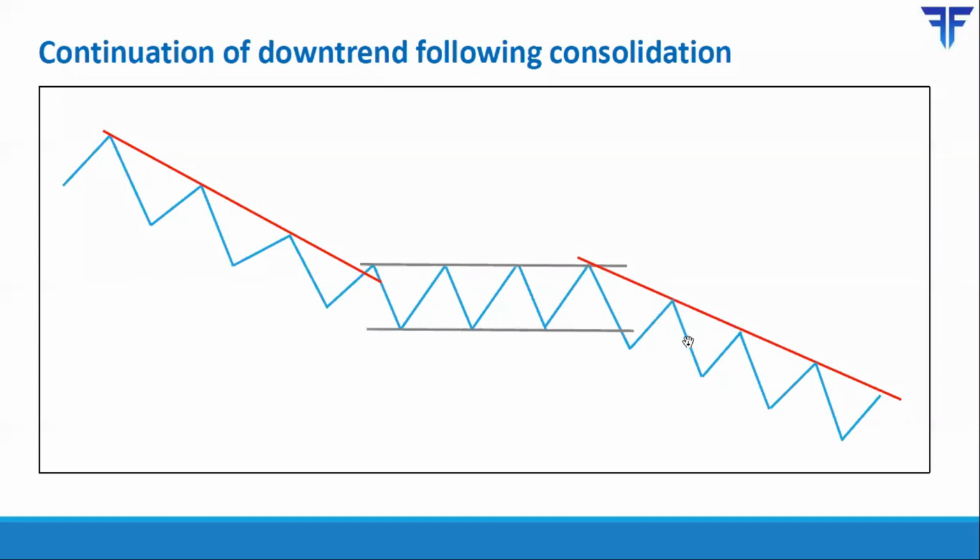From there, it started correcting lower again, and this time it again broke below its previous low. So for a second consecutive time, you have a lower low in place. That tells you that the downtrend has resumed. So the moment a low is broken for a second consecutive time, you have confirmation that the prior downtrend has resumed. Following this decline, there was lateral band trading wherein price consolidated within a relatively narrow range, and then the selling resumed again. So this is nothing but continuation of downtrend following a brief period of consolidation.